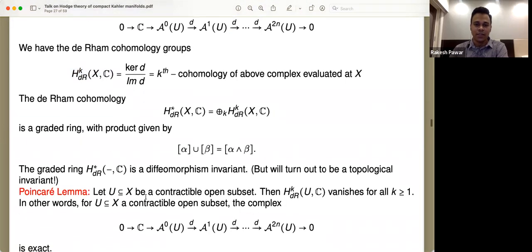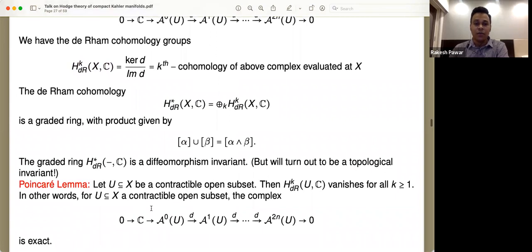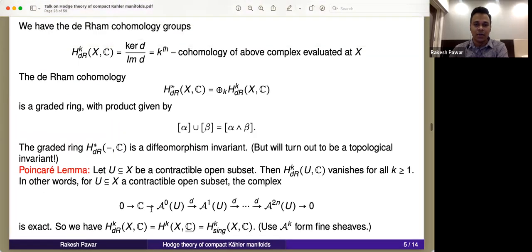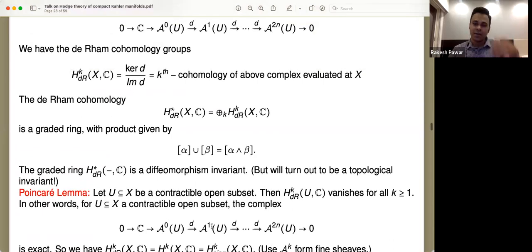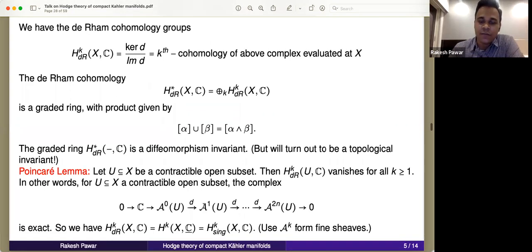Yeah, that's what it's saying. This complex is exact. And from this, what we can conclude is that if you think about this A^k defining a sheaf on the topology of X, then these A^k's form sheaves, and you are now getting a complex of sheaves of abelian groups. It will turn out that these A^k's are something called fine sheaves, so they're acyclic, so they don't have any higher cohomologies, and because of the Poincaré lemma, you get a resolution of this constant sheaf.